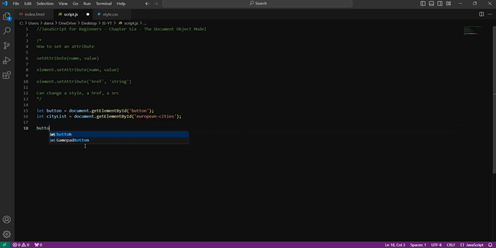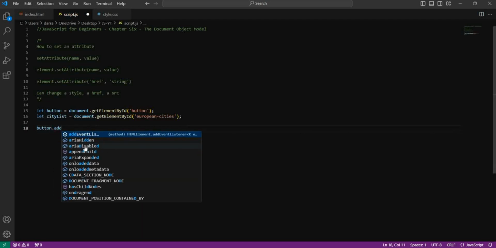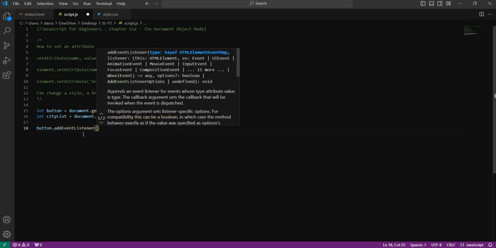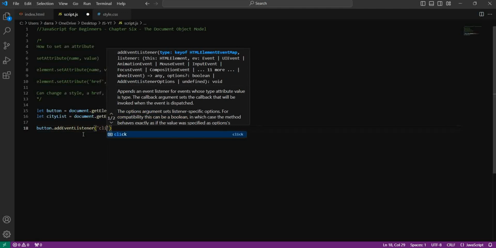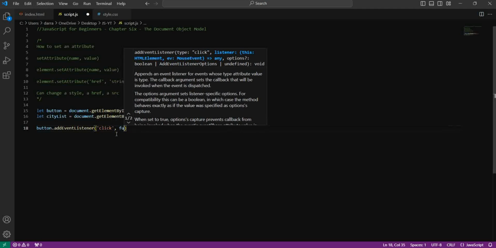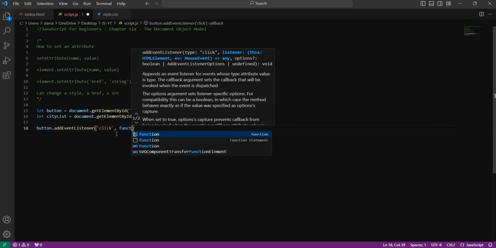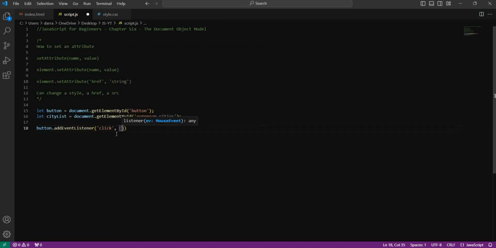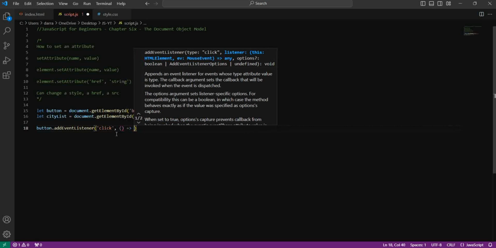I'm hopeful this will work. So, well, I'm confident. So on the button, what we're going to do is say button.addEventListener. Okay. So what are we listening out for? Well, we're going to listen out for a user click. Okay. And then when the user clicks on the button, we're going to run a function. But instead of using the function keyword, we're essentially going to do an arrow